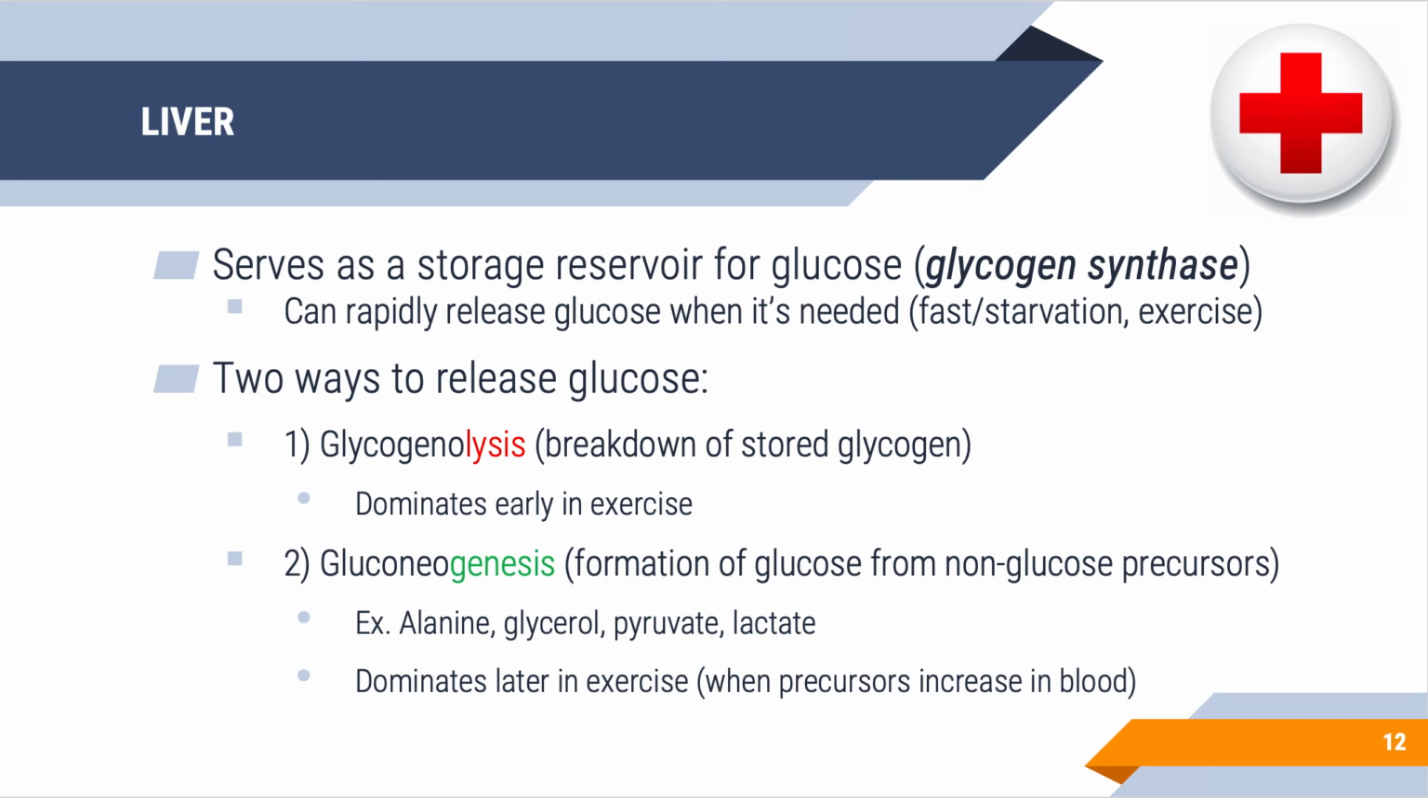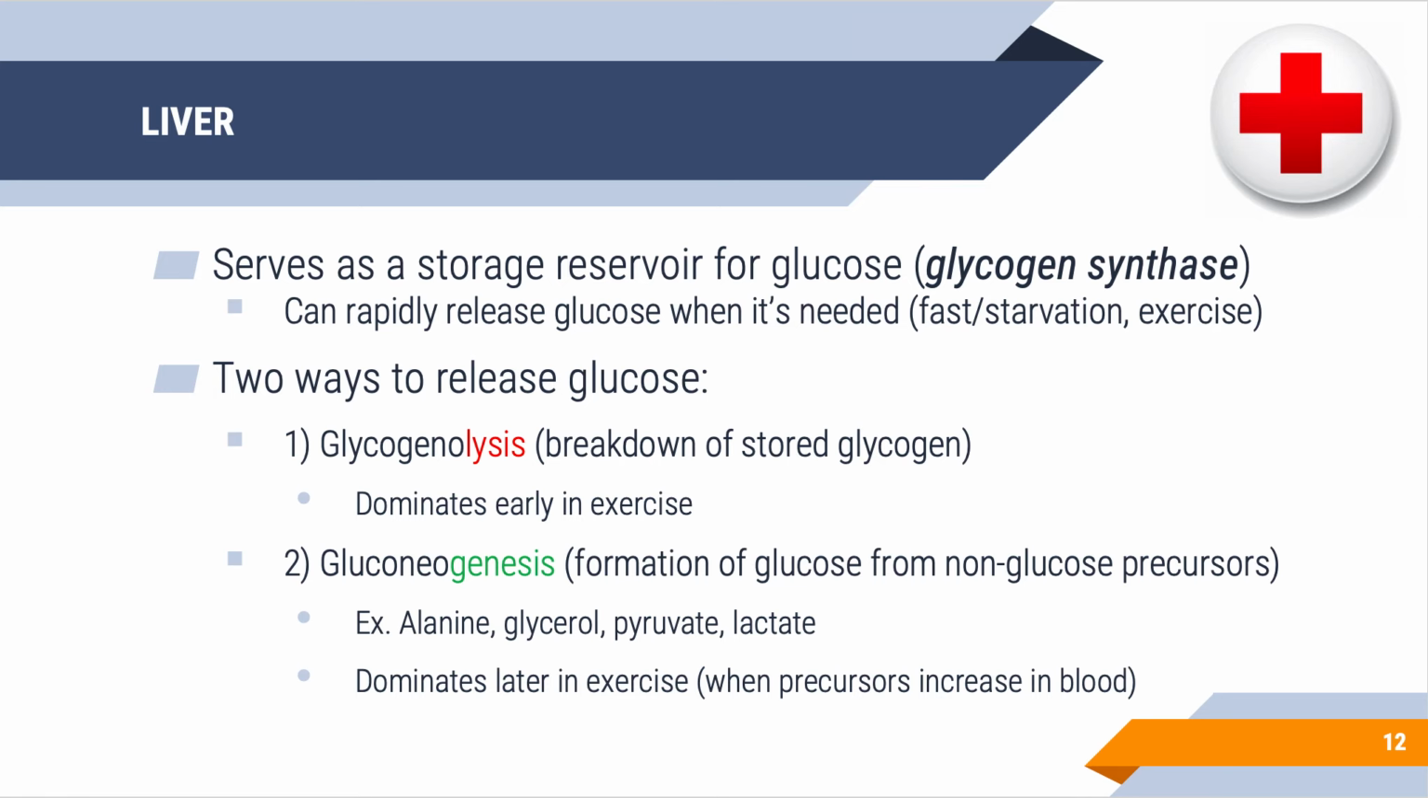So if we're in a case of starvation or at the onset of exercise when we need more glucose in the blood, we can actually provide it from the liver. And there's two ways that this can occur. One is glycogenolysis, so breakdown of stored glycogen in the liver. This dominates early in exercise when we need to maintain those circulating blood glucose concentrations, or we can have gluconeogenesis,